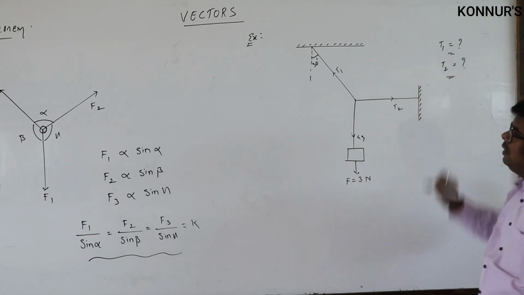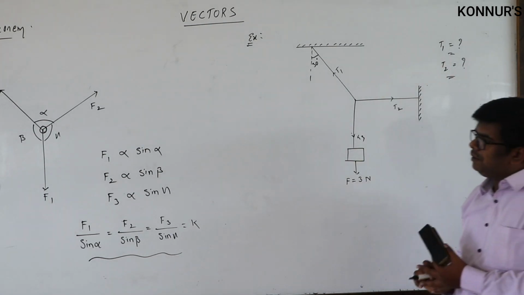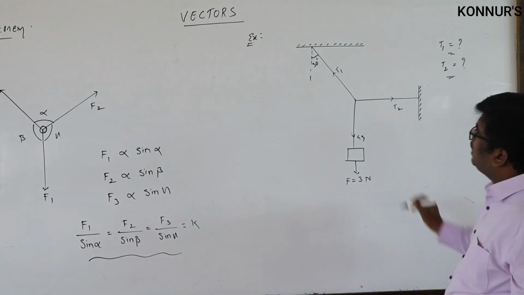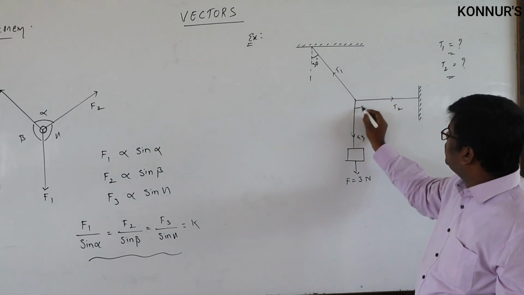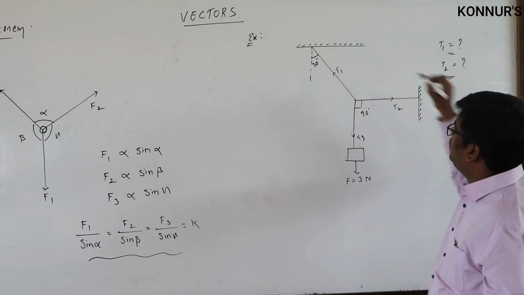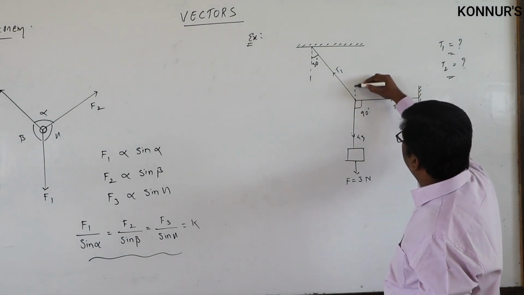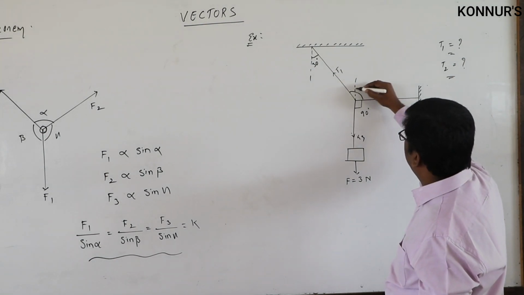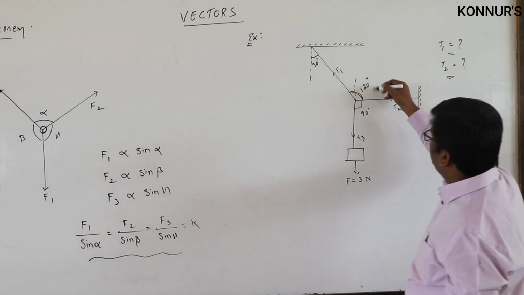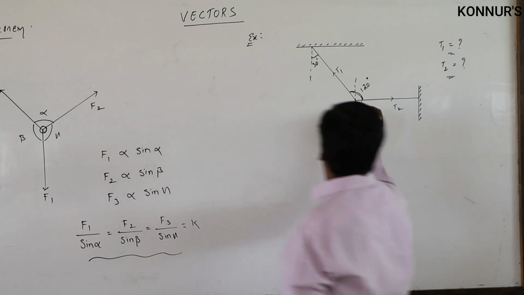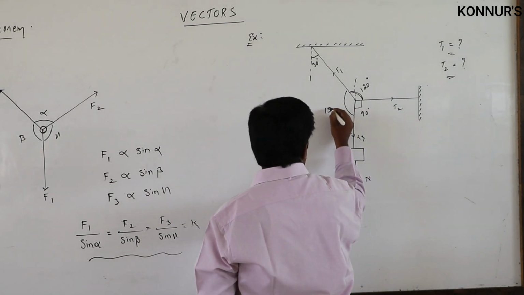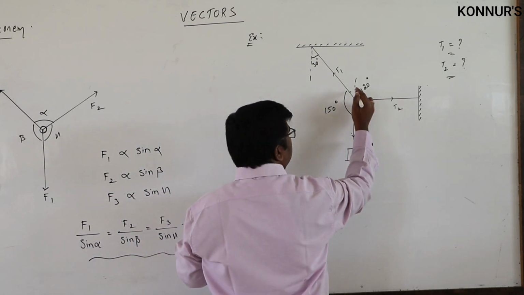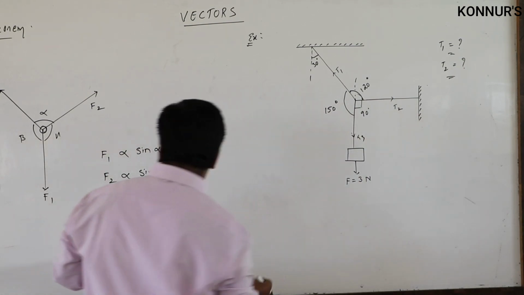This is the question. First of all, to find any unknowns, you have to first know the angle between the forces. Here it is simply 90 degrees. Here, taking alternate angles, this is 30 and this is 90, so totally it will be 120 degrees. So 120 plus 90 is 210, which means we still have 150 degrees left. Like this, first you have to find the angles between the vectors, that is these forces. Then you can apply the formula here.